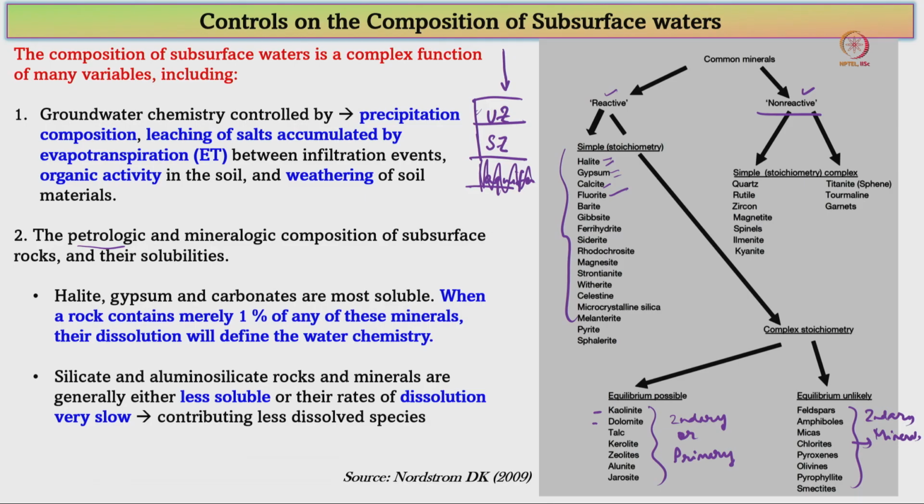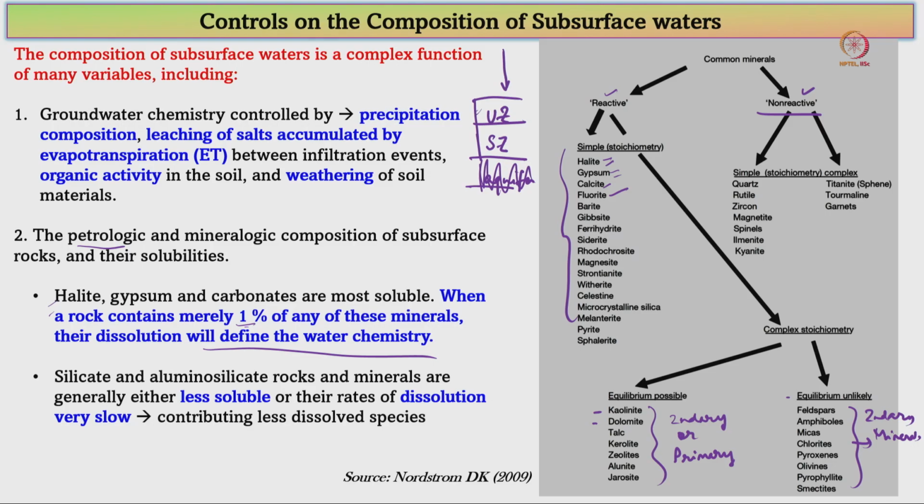Even if the rock contains only 1% of these minerals and 99% something else, their dissolution is going to define the water chemistry, because these are the most easily soluble minerals, and even if the 1% entirely dissolves, they are going to control the water chemistry. So, other than these very important and soluble minerals, we also have silicate and aluminosilicate rocks and